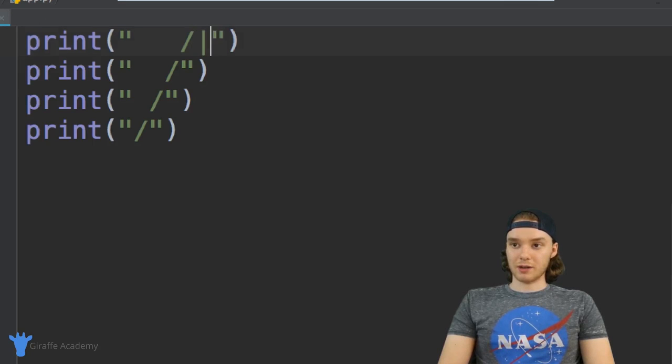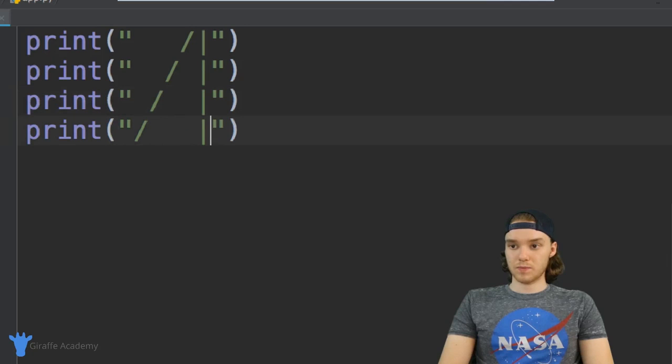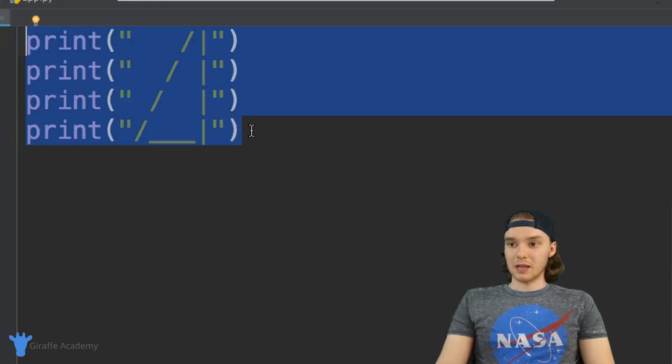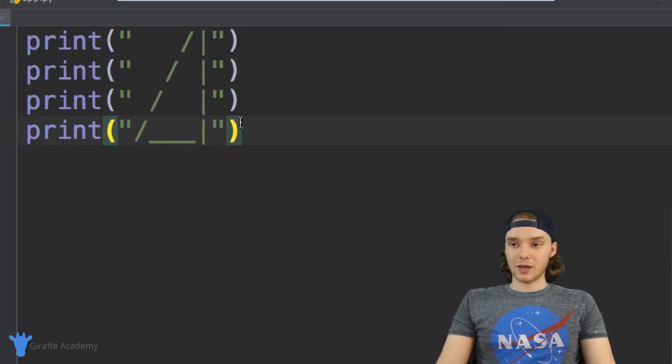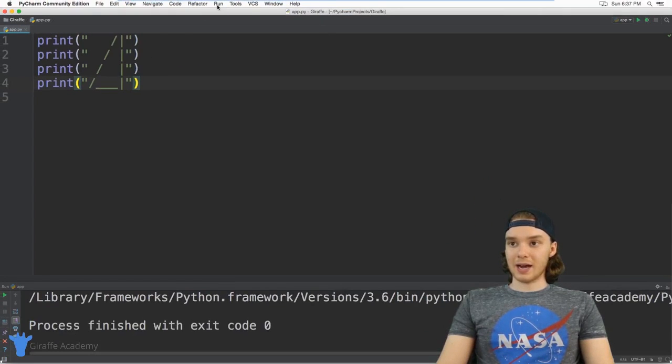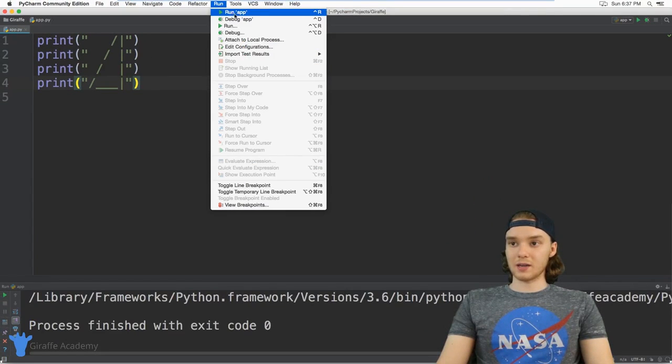And now I'm going to draw like vertical bars going all the way down. And actually, we can do some underscores here as well. That'd be kind of cool. All right, so now we have our triangle looking shape, and you can see it looks kind of like a right triangle. So I can save my file, and I can either come up here to run and click run